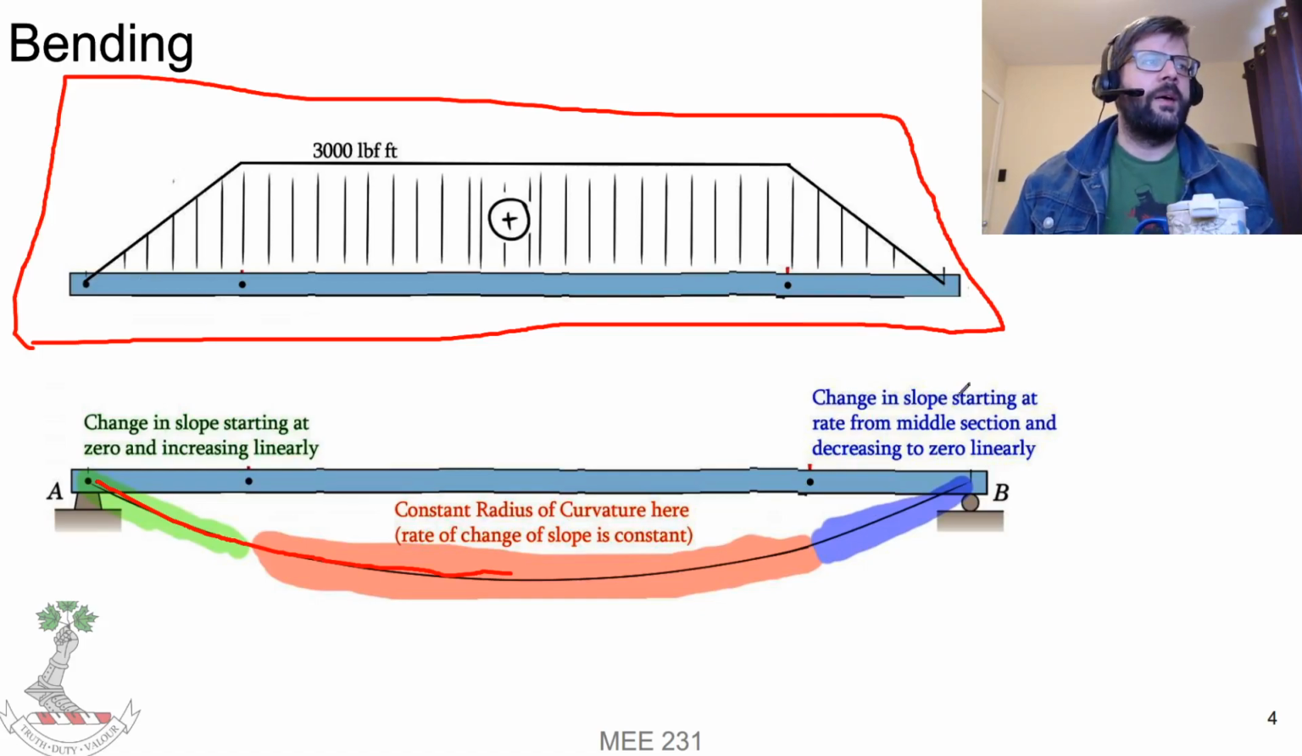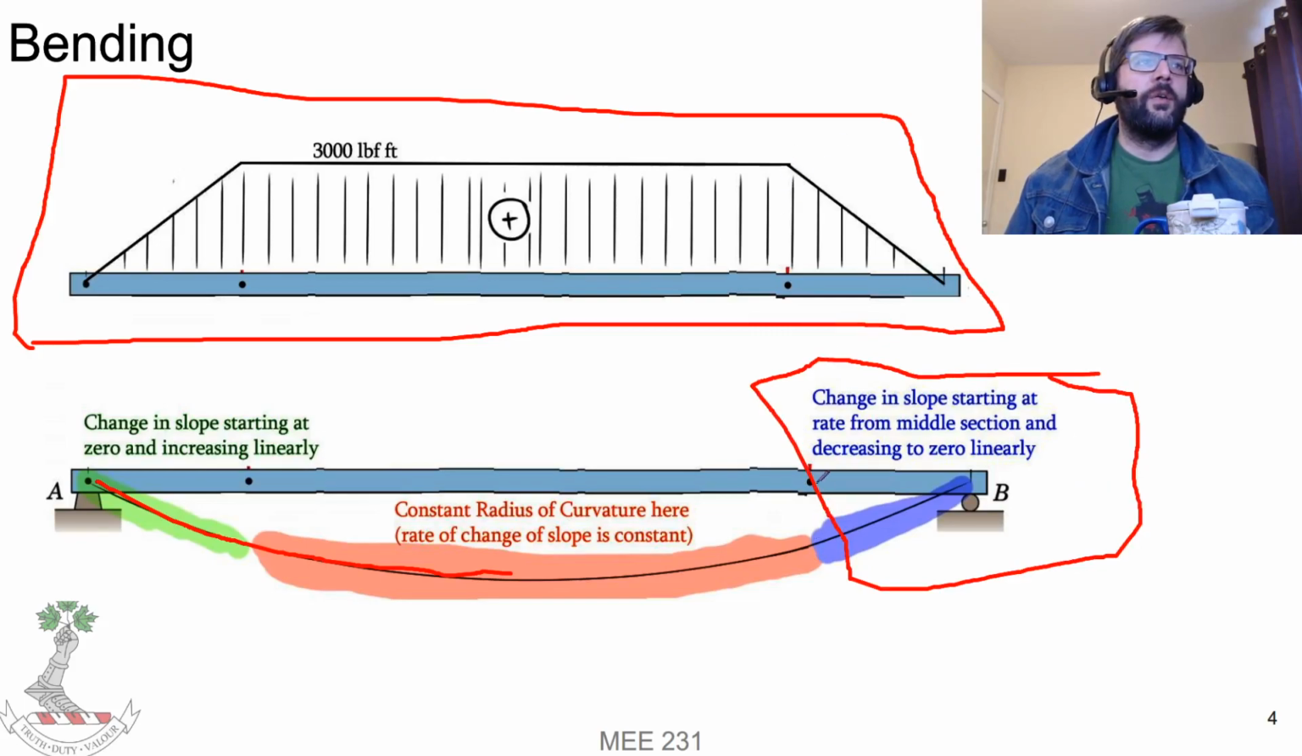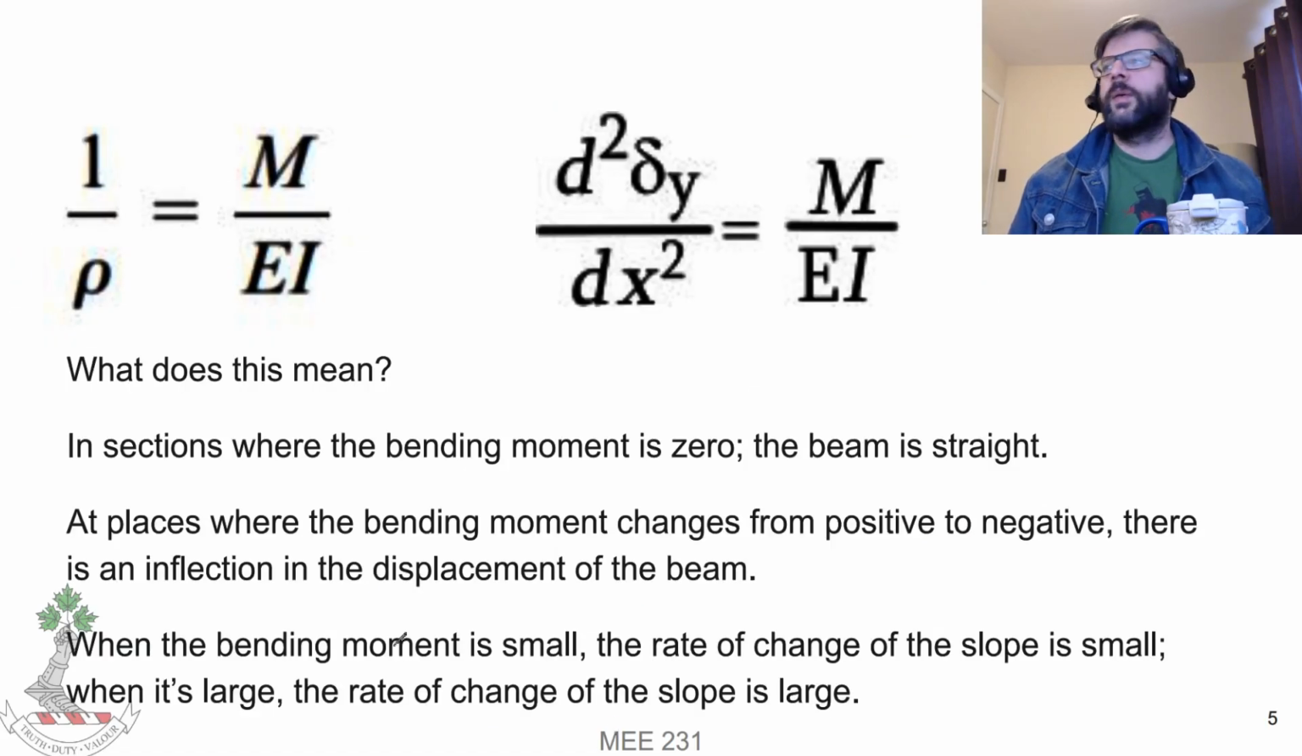And then again, in this section here, you no longer have a constant rate of curvature, so the change in the slope starts to decrease until it hits zero, and then at this point here it's effectively straight. At this point here it's straight. So again,